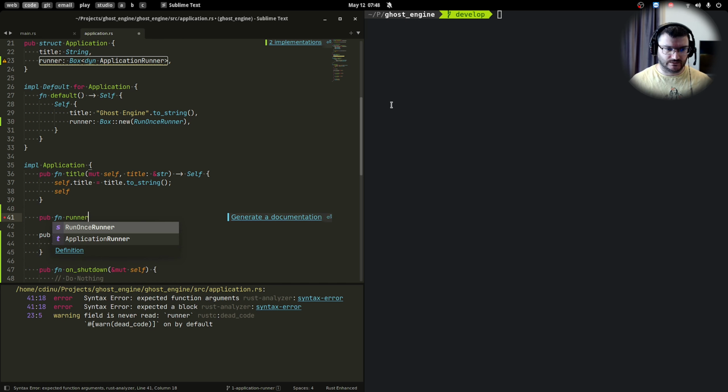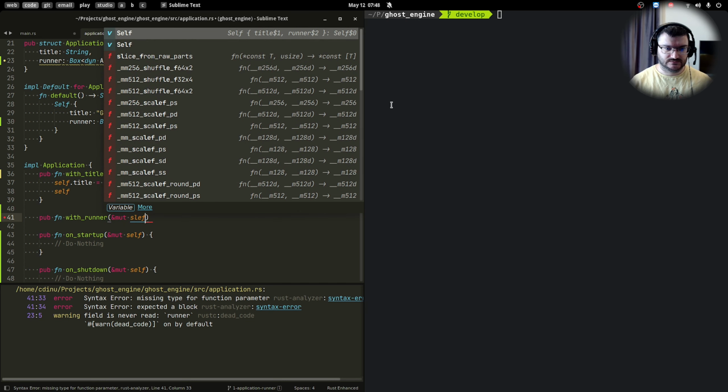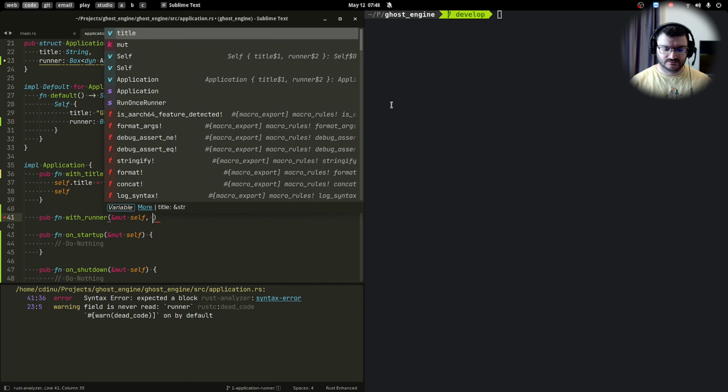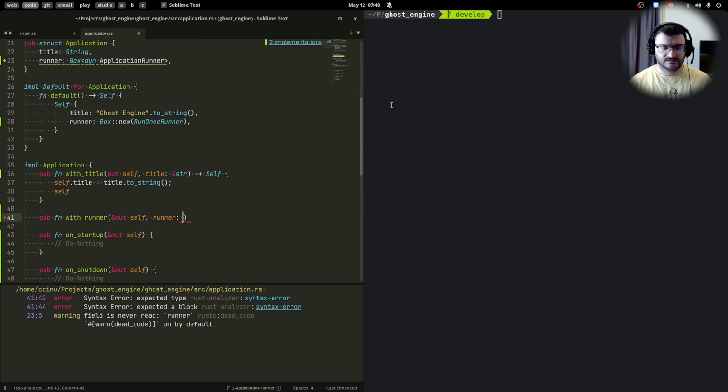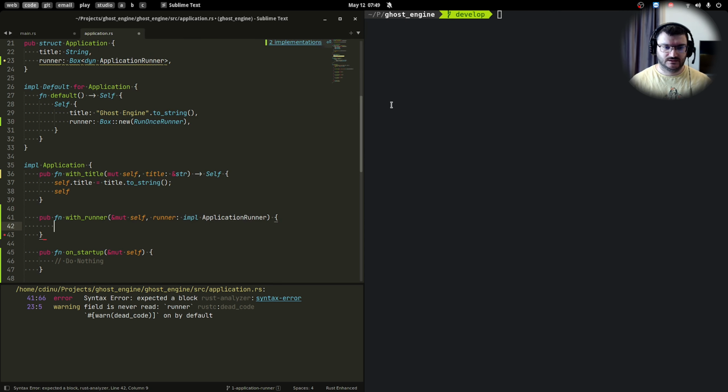But you know what, now I see something. For the builder methods, I will rather prefix them with the with keyword. Okay, replace now for with_runner, taking a mutable self, and as a parameter the new runner. For this one I will not require the user to give us a boxed runner. Instead I will accept here anything that implements ApplicationRunner,